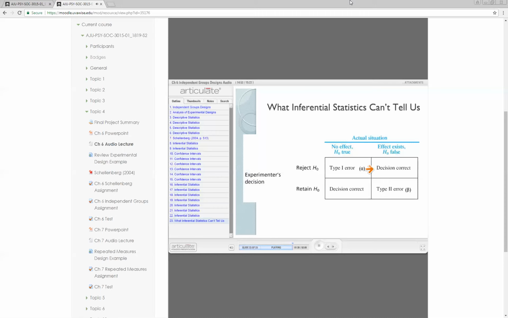So one is called type 1 error. Type 1 error is you say that there was a difference between the groups, say that the independent variable had an effect on the dependent variable, when in reality, there really was no effect. The other kind of mistake that experimenters can make is that you retain the null hypothesis, so you say that there was no difference between the groups, when in fact there really is a difference between the groups. So it's just important to be aware of all of the possibilities, mistakes